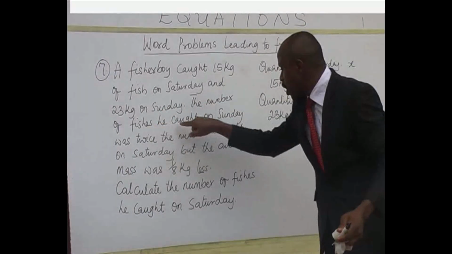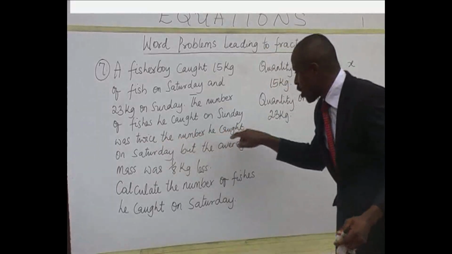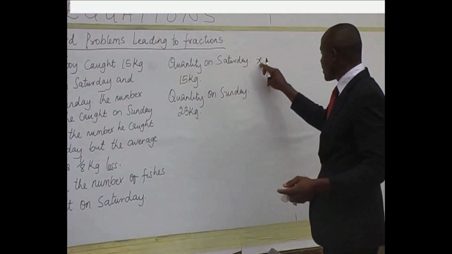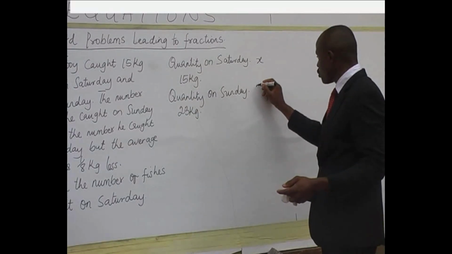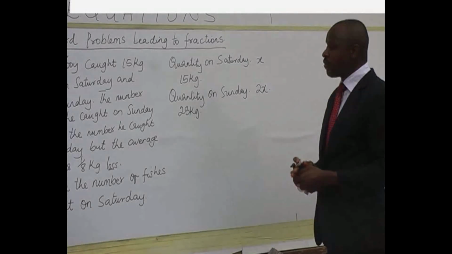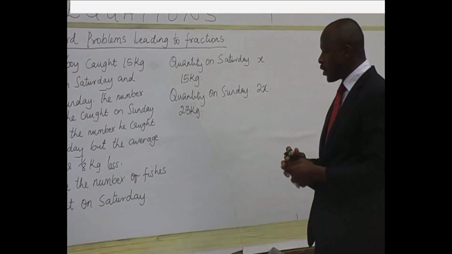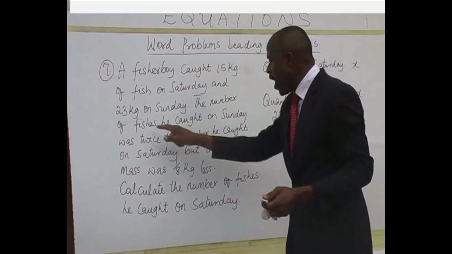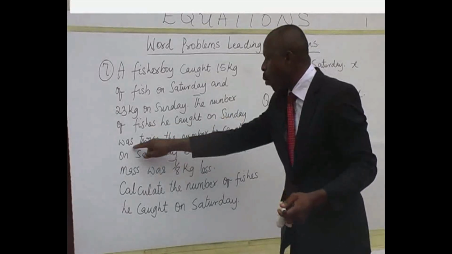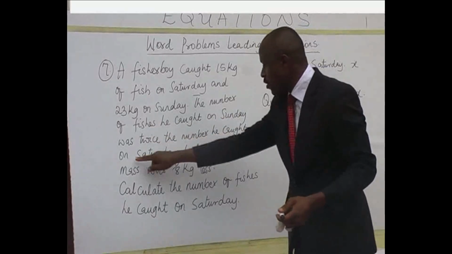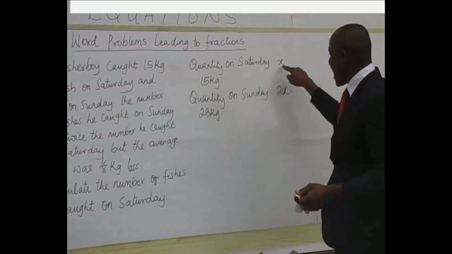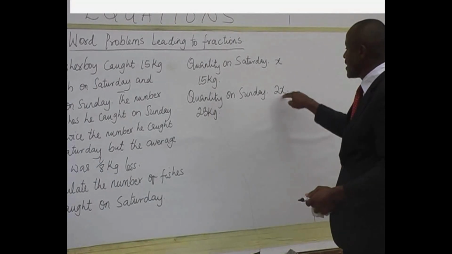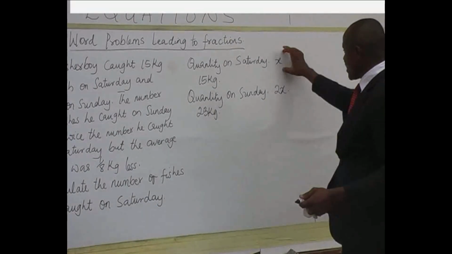That means if he had caught X on Saturday, on Sunday he caught 2X. That is the meaning of twice the number he caught on Saturday. Let me repeat the sentence so you understand. He said the number of fishes he caught on Sunday was twice the number he caught on Saturday. That was why if it was X that was caught on Saturday, on Sunday it will be 2X, because it is 2X that is twice X. So that's